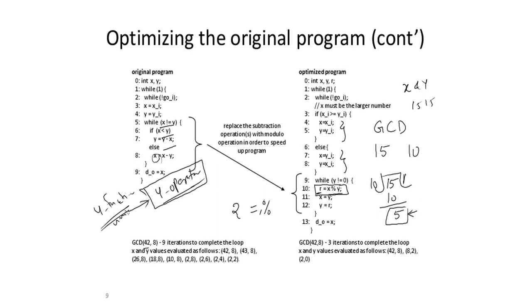So if I compute the GCD of 42 and 8, it needs 9 iterations to complete the loop, while here you need only 3 iterations to complete the loop. So which one is faster? So if you see, I just modified the program and wrote it a different way, and I could reduce the complexity a lot, right? So only 3 iterations I needed to find the GCD. Is it clear? So this is one kind of optimization, and another optimization could be